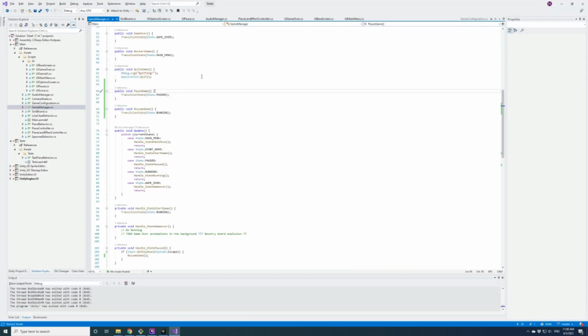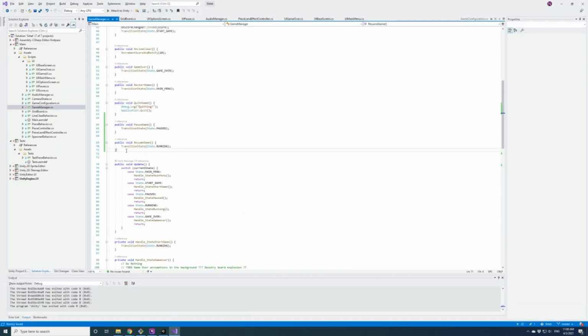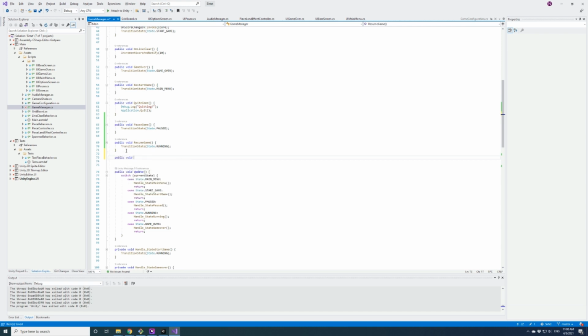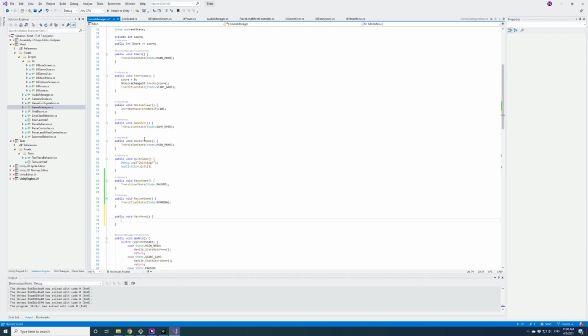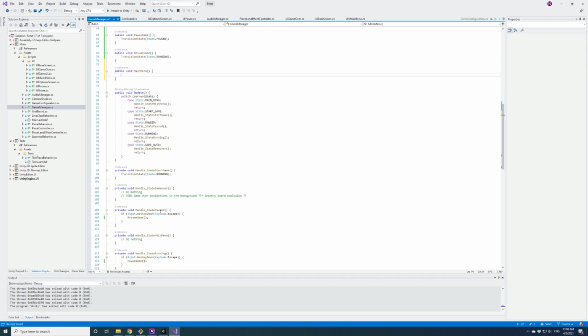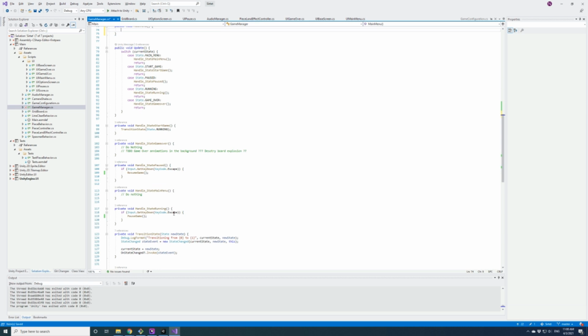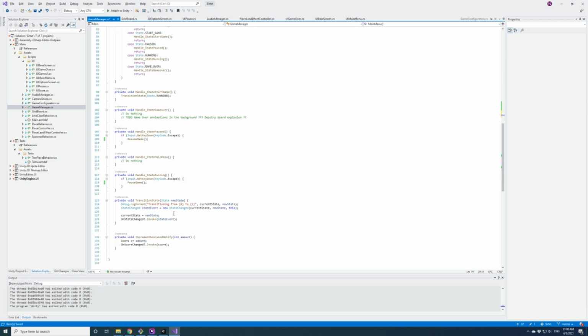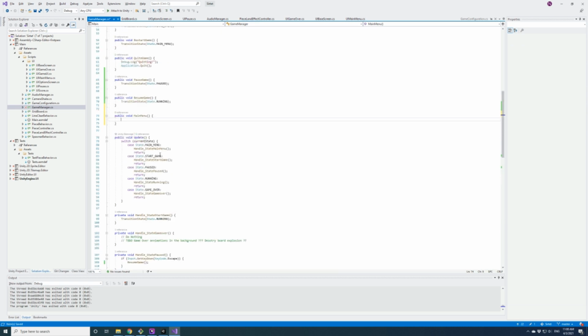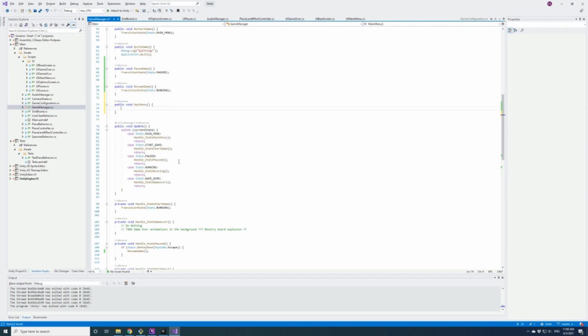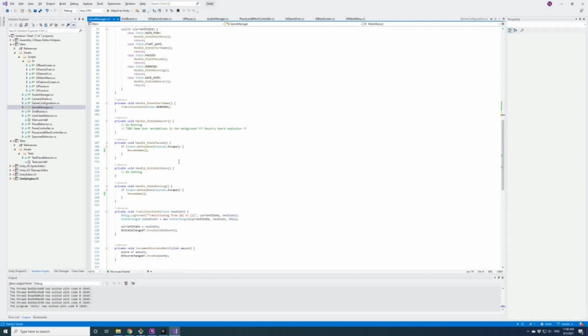It doesn't have a show main menu. Void main menu. So who's handling the transition? We start in main menu.